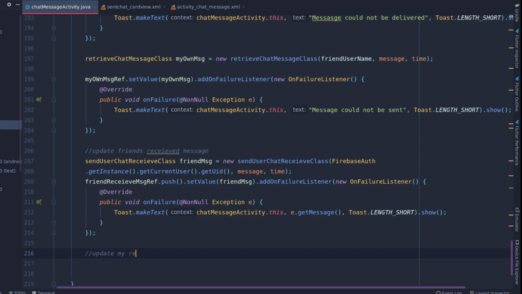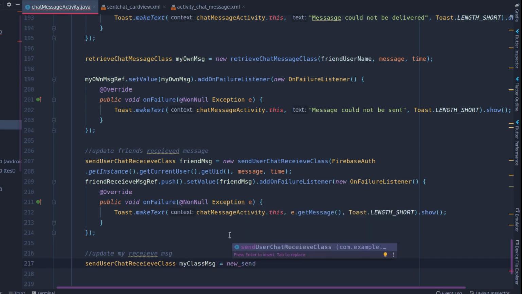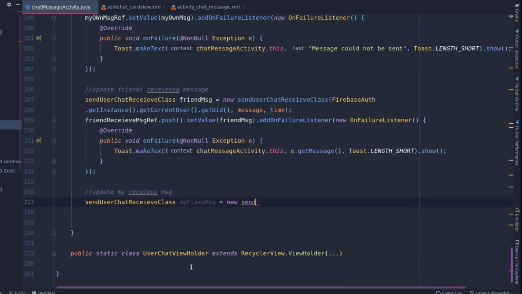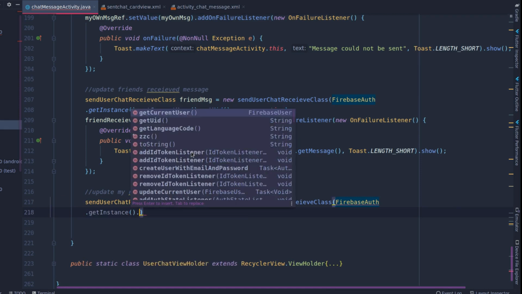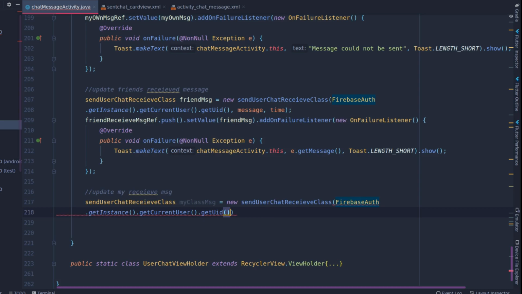Update my receive message. I will write send user chat receive class my own message equals, alright, my class message equals new. Don't mix up these values or variable names with each other, don't make it the same. So send user receive chat class. Now this, give it Firebase auth dot get instance dot get current user dot get UID, message comma time,